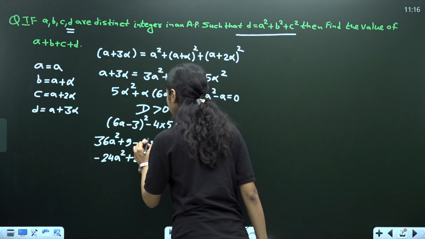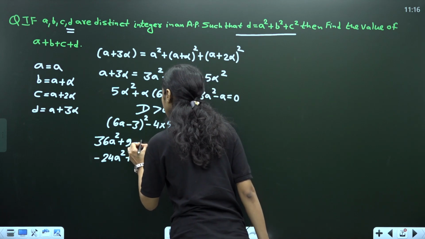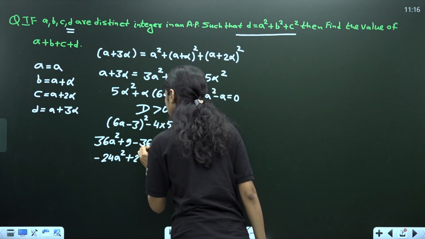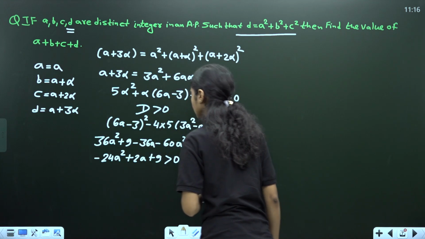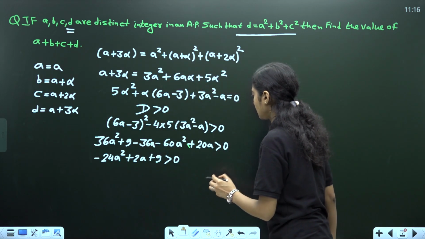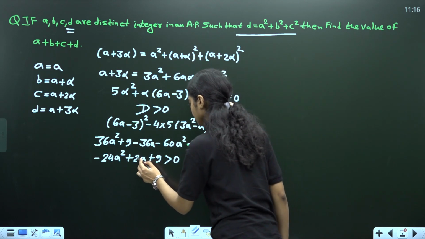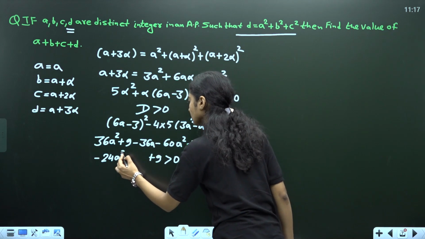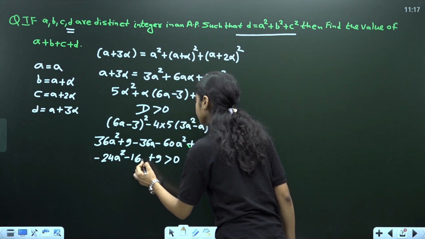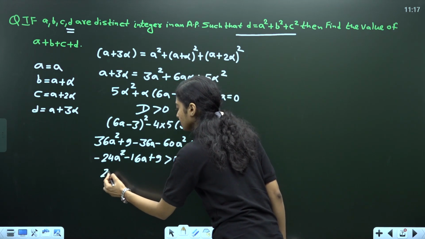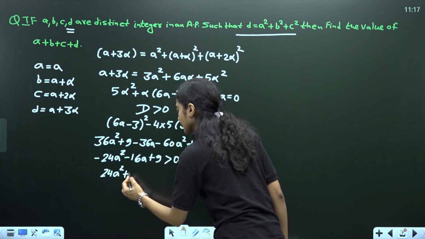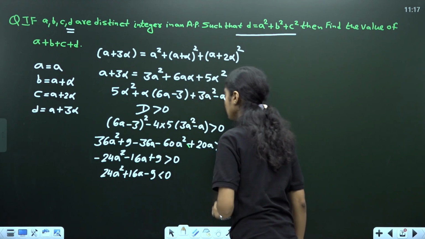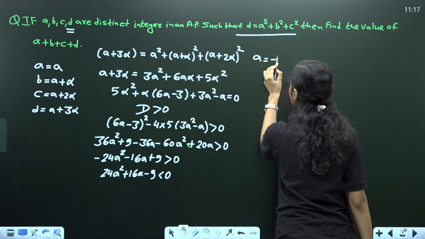This will be 36, then this is minus 16. Now if we take the common negative sign, the value of a becomes